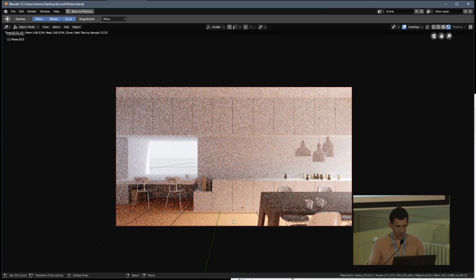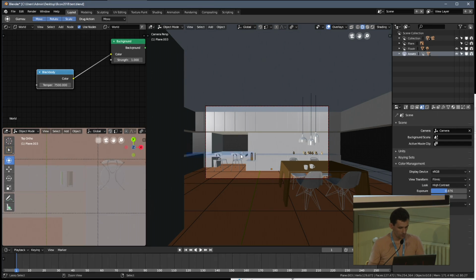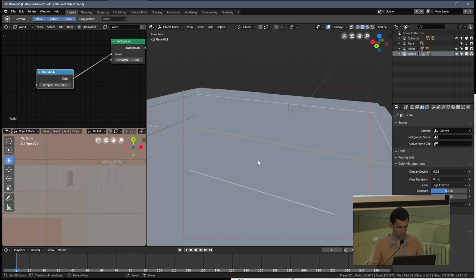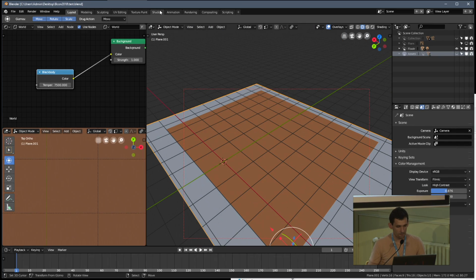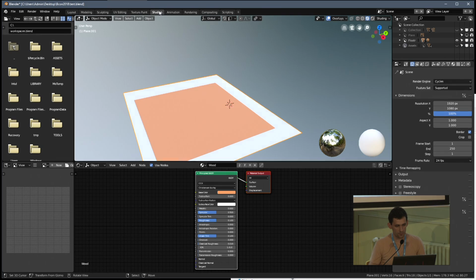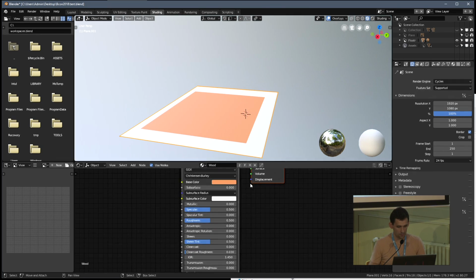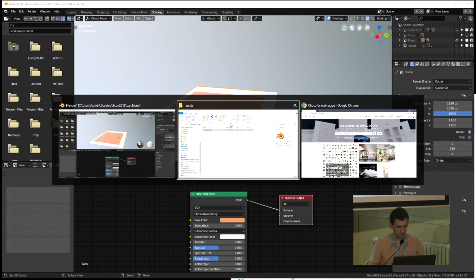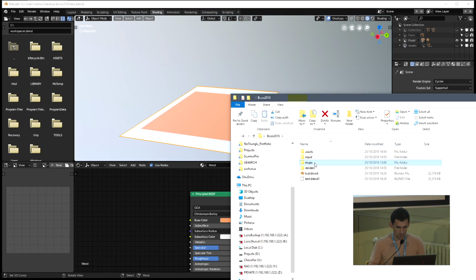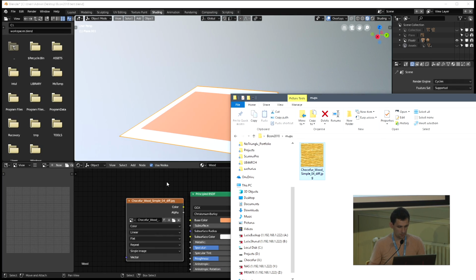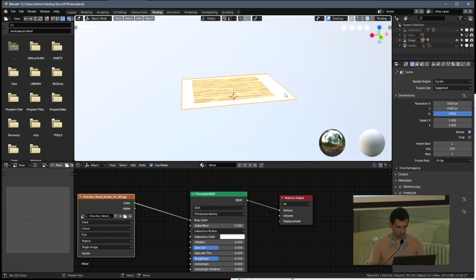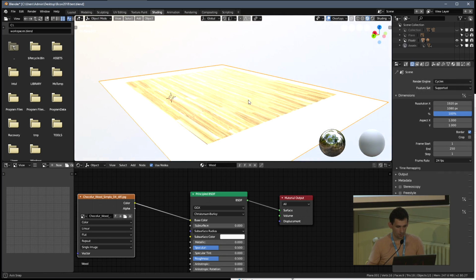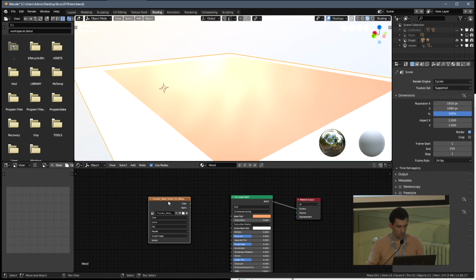So what we still miss is the floor and something to put here. So now I will very quickly jump into the quick shader preparation. And this new viewport here comes very handy in my opinion. So I will go to the maps, which I already have prepared. And I think it's a cool method